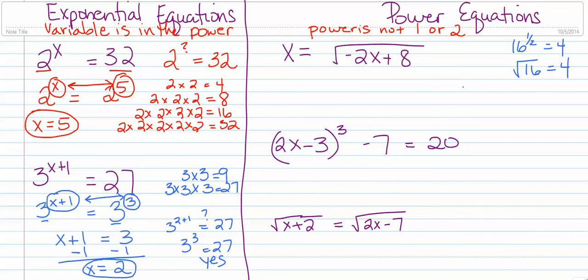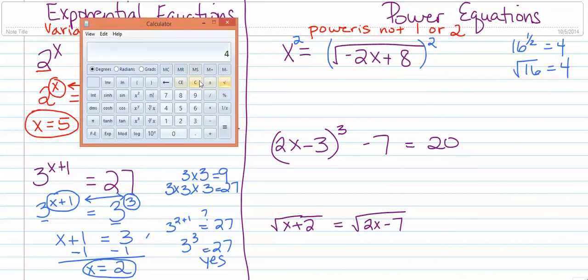Well, if I want to solve for x, I can't solve for x when it's in two different places. Or better yet, not only if it's in two different places, but if it's underneath a radical sign, a square root symbol. So if I want to get rid of this square root symbol, I need to square both sides of this. Squaring and square roots undo each other. I'll show you that too. So if I had the square root of 16 and I squared it,